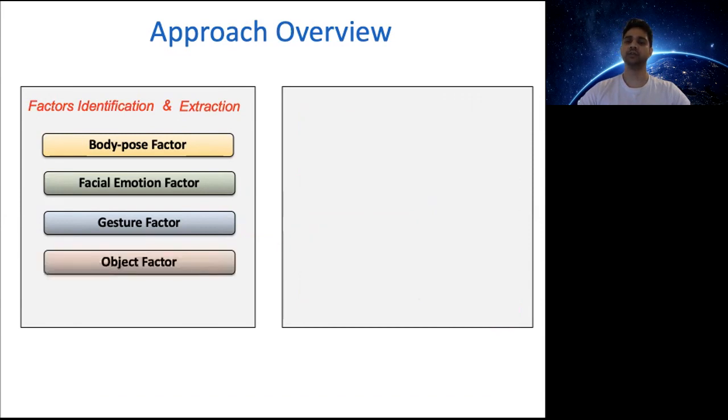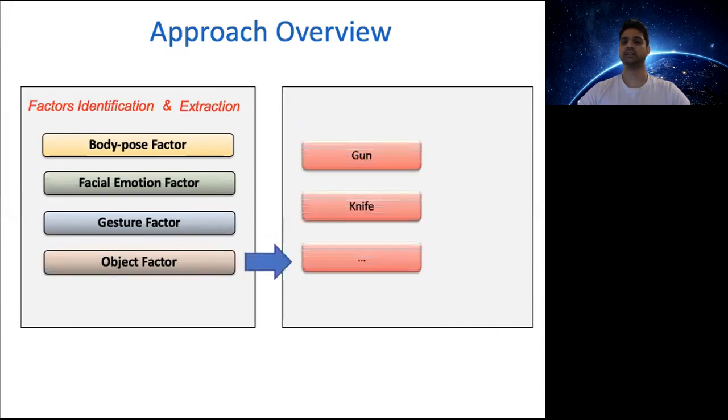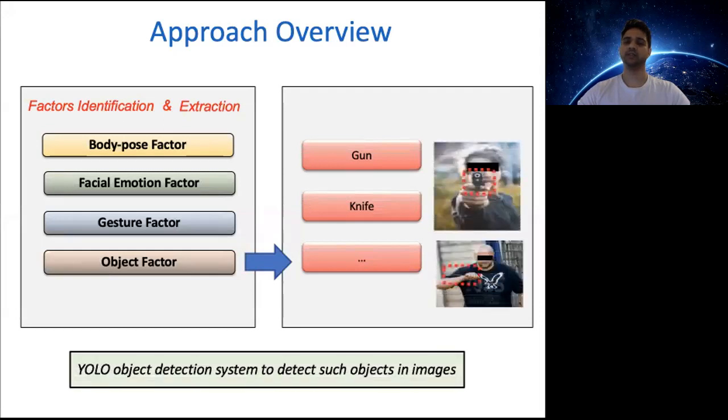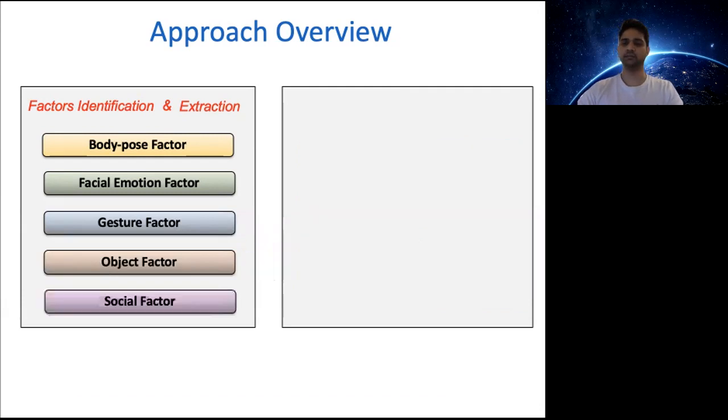Fourth, we use the presence of certain objects in the image as a factor. We observed a correlation of threatening objects such as guns and knives with cyberbullying images, which indicates internet users may use these objects to threaten or intimidate a viewer. We use an open source object detection system called YOLO to detect the objects in images of our dataset. YOLO outputs the object category as well as the confidence score of detection for each object depicted in an image.